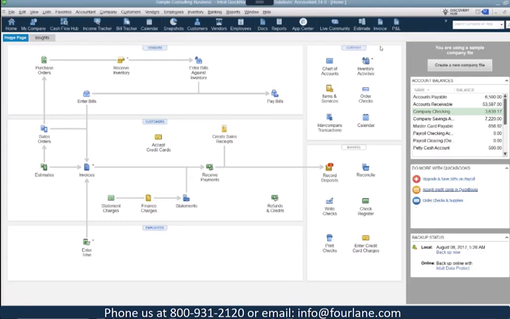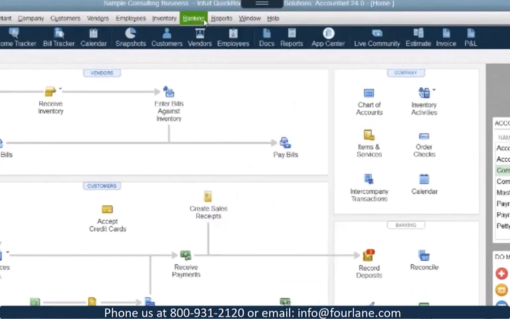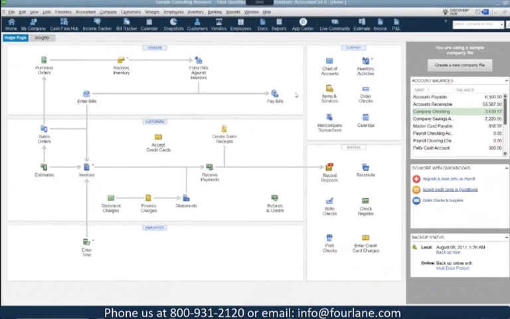Okay, so how do we get to reports? We're going to go over a couple of ways, because in QuickBooks, there's always several ways to get to where you need to be. First, and probably the one people are most familiar with, is up here at the top. We have this Reports menu. We can go to our Report Center